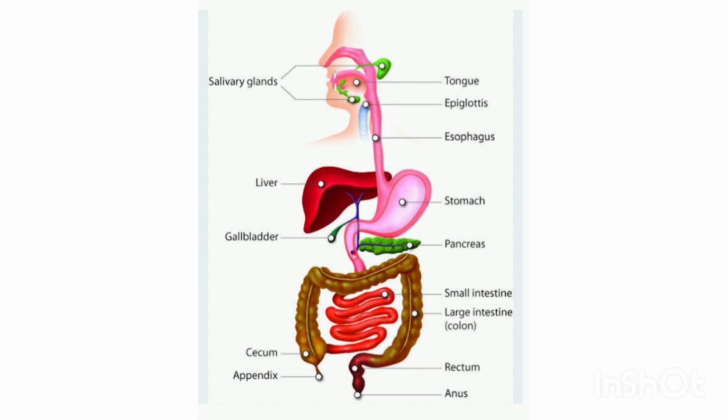And the next is pharynx. It is a small funnel shaped chamber located behind the oral cavity. It communicates with both esophagus and trachea. Esophagus. It is a thin and long muscular tube that leads into the stomach. The lining of the alimentary canal has muscles that contract rhythmically in order to push the food forward. These peristaltic movements occur all along the gut and stomach.